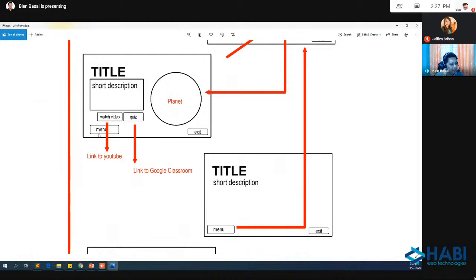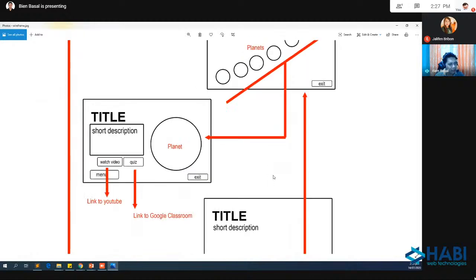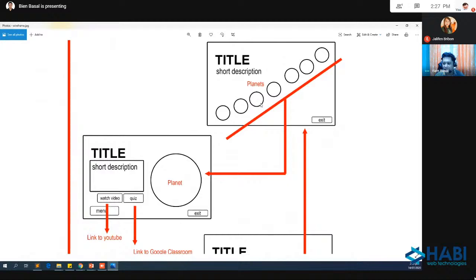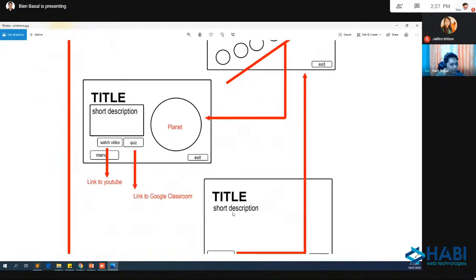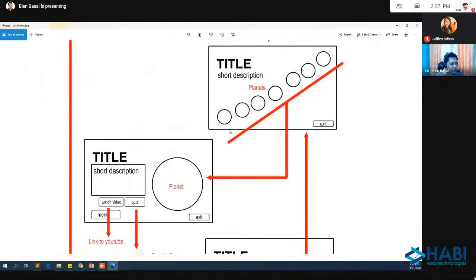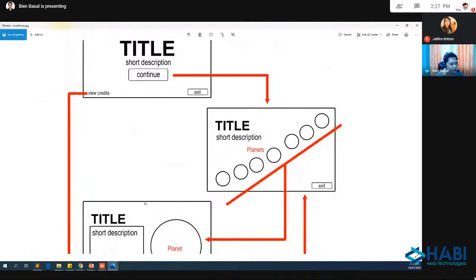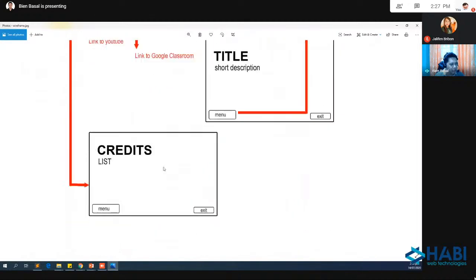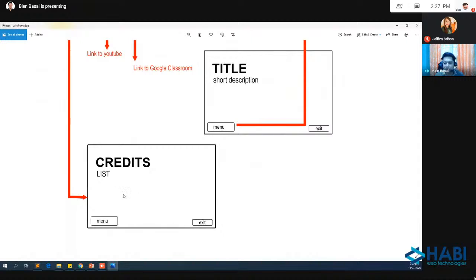And we still have here the menu. Kapag naklik nyo po yung mga menu buttons na yan, babalik lang po tayo dito. Okay? Tapos, ito pong ating part na to, yung view credits, pag napindot po natin yan, tayo po ay pupunta sa credits lang po. So, para lang po mabasa yung mga pinagkuhanan po natin ng mga references, saan po tayo kumukuha ng mga images. Okay? So, yan lang po yung laman yan.